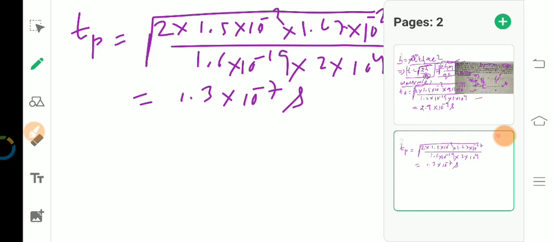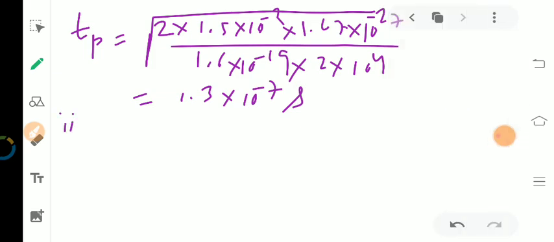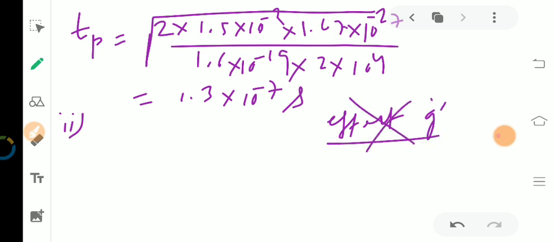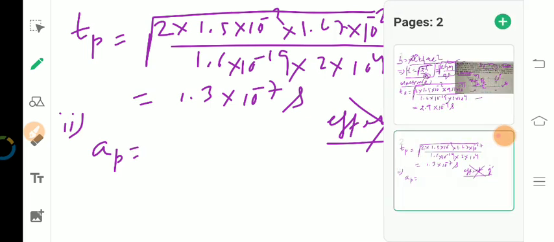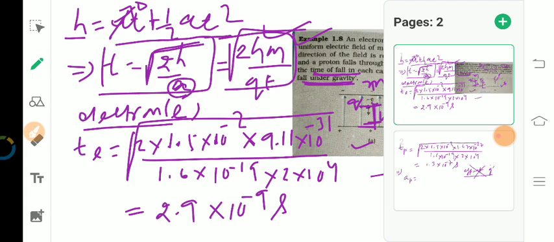Now look here, the second part. In both the situations, though the electron is falling, we have not counted the acceleration due to gravity. The effect of gravity has not been counted. This is not taken into consideration. Look, if you find the acceleration of either the electron or the proton, then what is the formula for the acceleration? Easily you can find it.